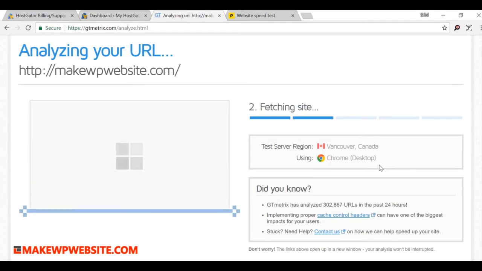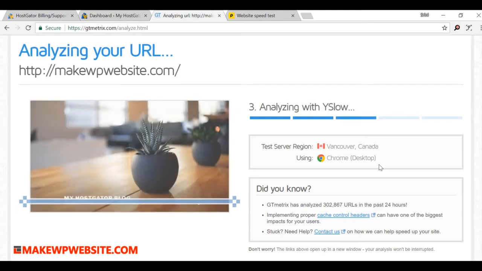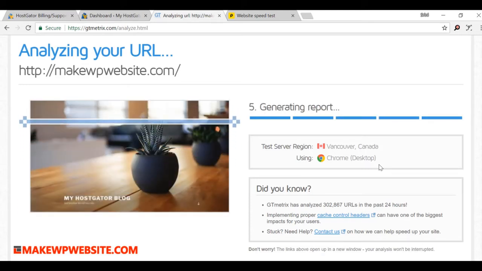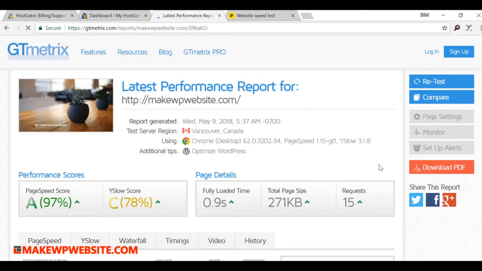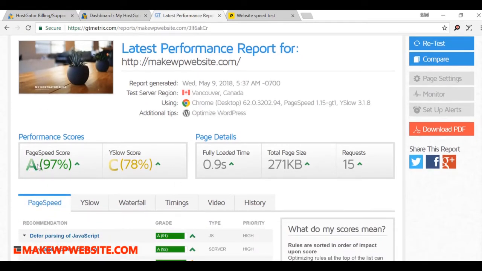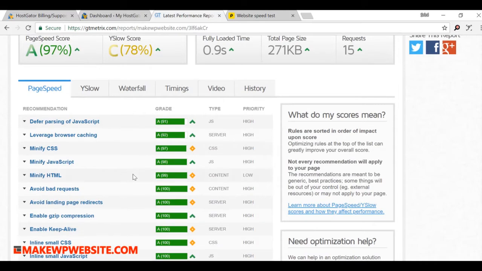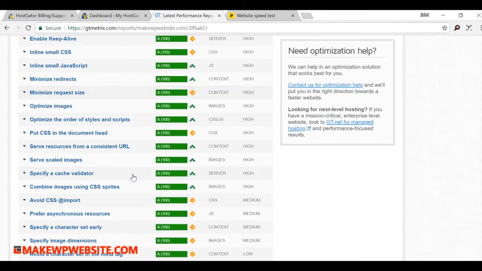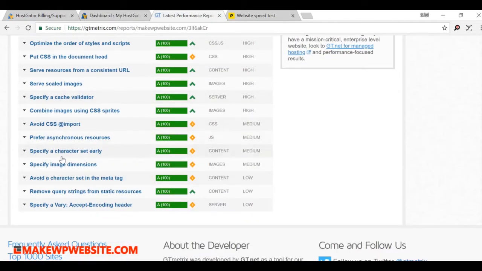So it will fetch the site and check many things: how fast your website is, what scripts it is loading, and all that. One good thing, I got a score of A. The page speed is very good, but there's something called the Why Slow score. And if you look at why it is slow, there are so many things here.